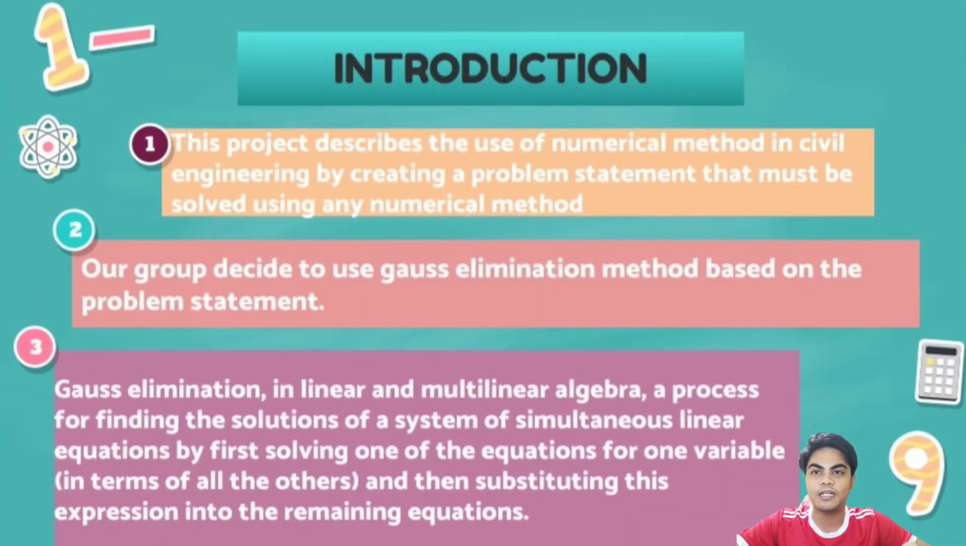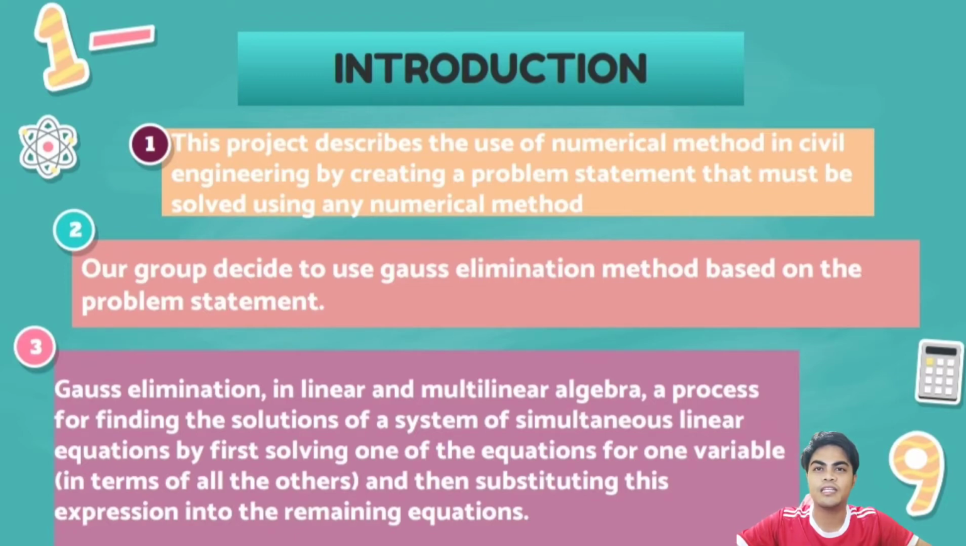This project describes the use of numerical method in civil engineering by creating a problem statement that must be solved using any numerical method. Our group decided to use Gauss elimination method based on the problem statement that we got. Gauss elimination, in linear and multilinear algebra, is a process for finding the solution of a system of simultaneous linear equations by first solving one of the equations for one variable in terms of all the others, and substituting this expression